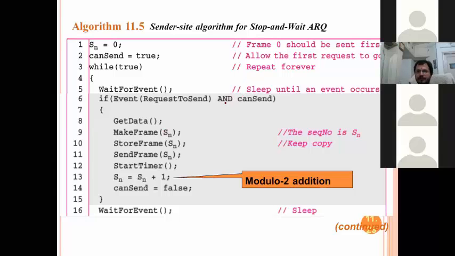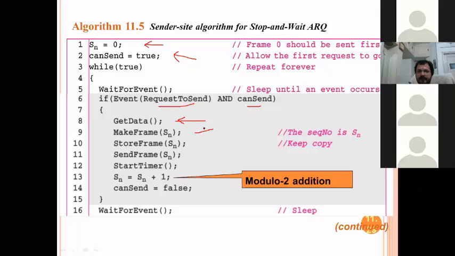So if we check the algorithm, you will see we start with the sequence number. Now this thing was not there in the previous protocol, so we have added over here, that is Sn. So we have initialized the window from 0 because sender is sending the first frame, that is 0. Now can send, as we have done in the previous scenario also, that it is true, right? So you can see there is a request to send from the network layer and can send,